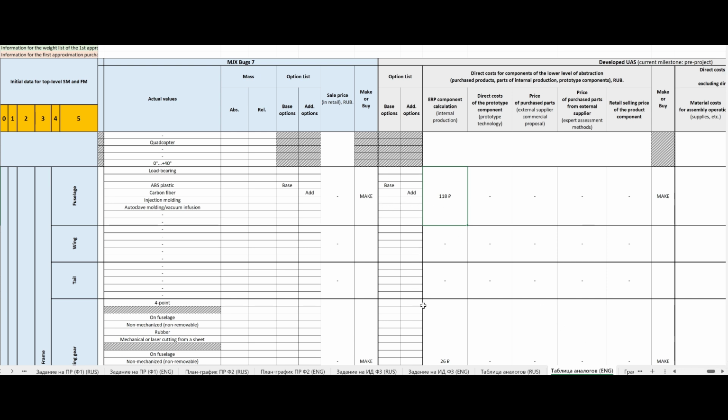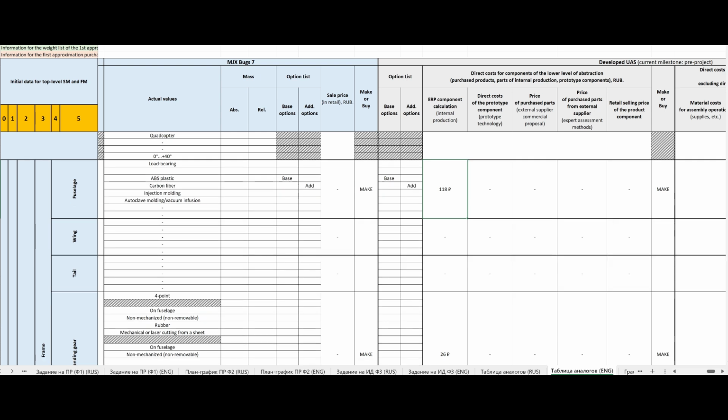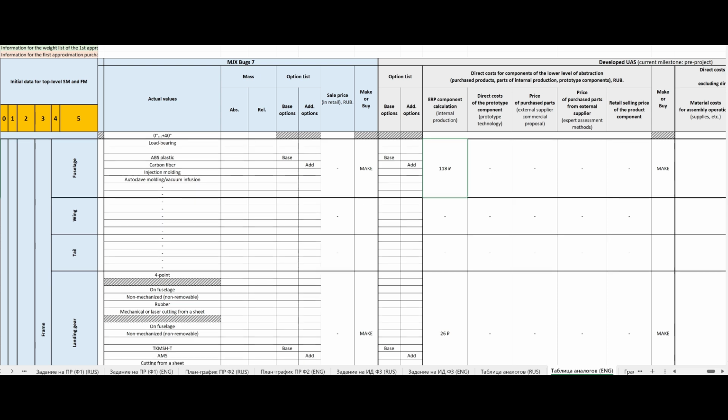The total amount of direct costs for the product in this case is formed on the basis of the basic design option, and for additional options a separate calculation is formed, the information from which can be used within the framework of the sales model. For example, in the price calculator taking into account the basic and additional options on the unmanned aircraft system dealer's website. In this case, we omit the tail and wing blocks, since they are absent from the design of a quadcopter,